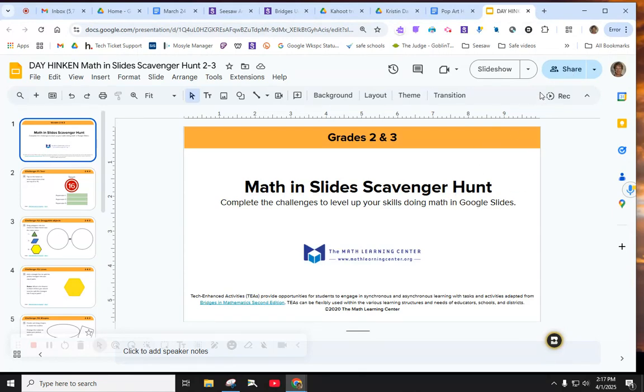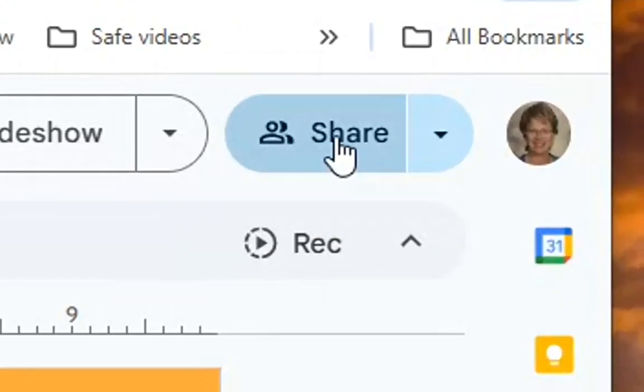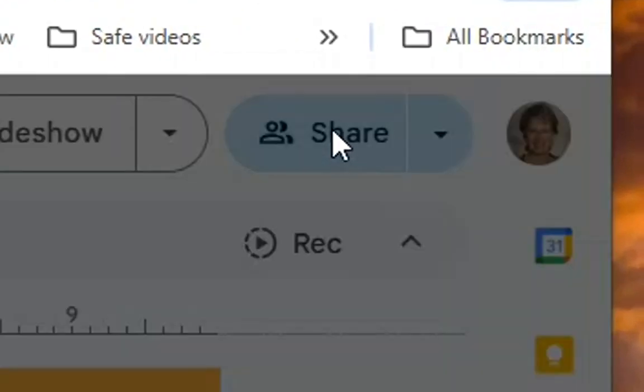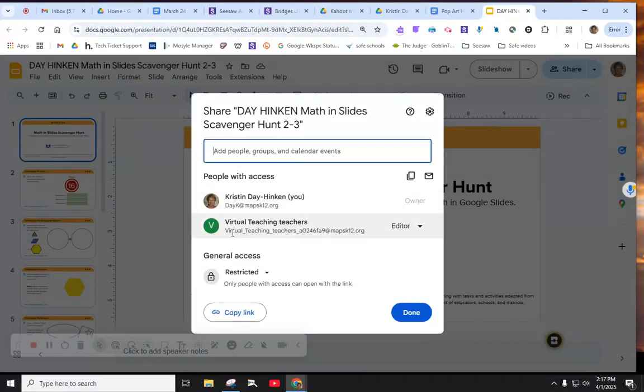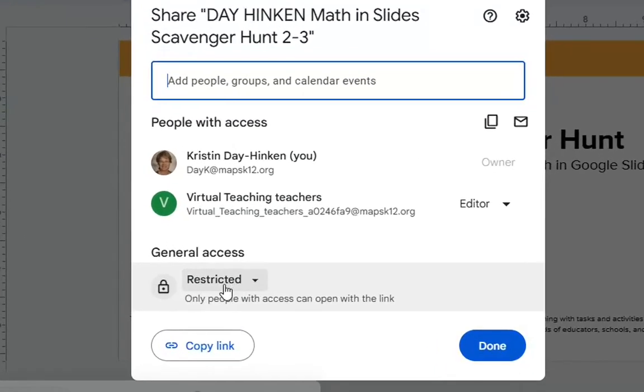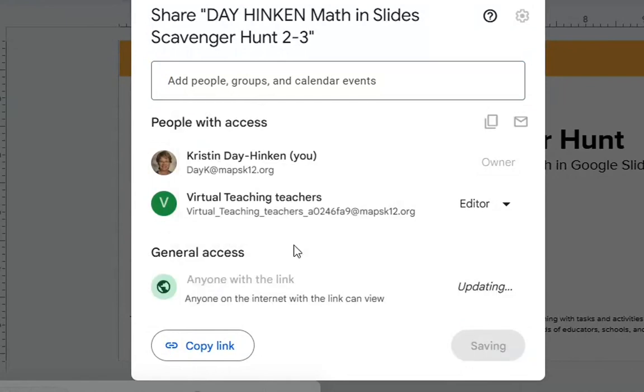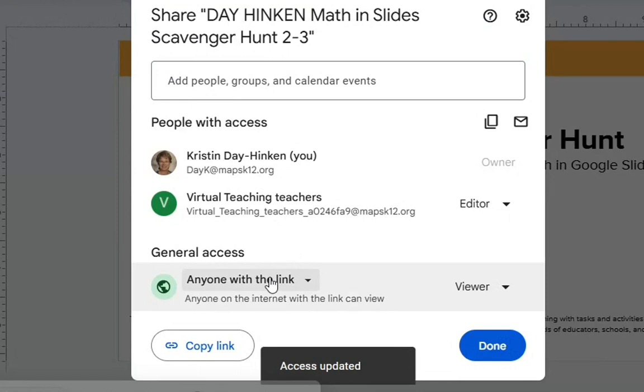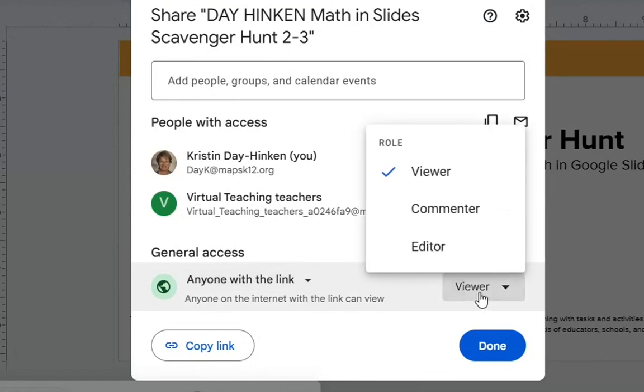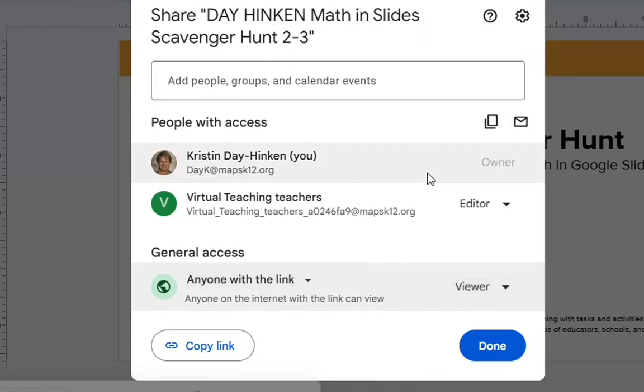So this is one of the resources I want to link, so I'm going to click on share, and I'm going to go down here and make sure that this says anyone with the link can view it. You have the choice of these other things, but make sure that it's on view. And then before you click done, you're going to want to copy that link,